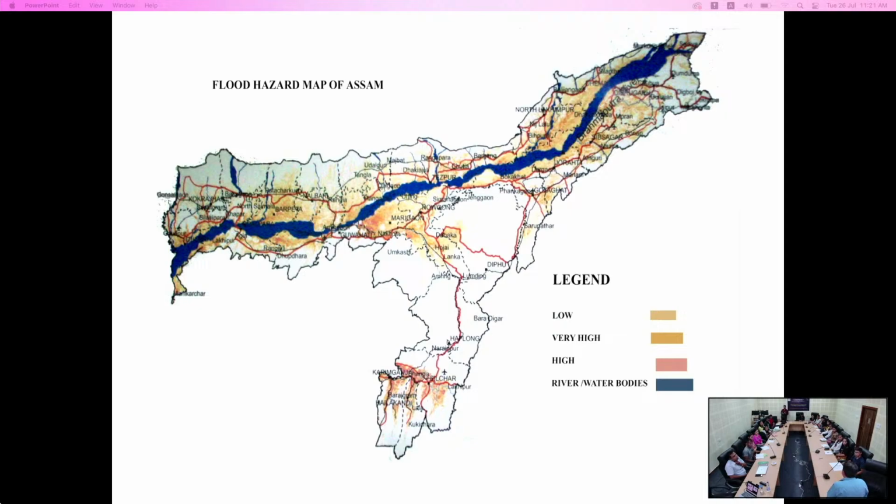In this session I will show you some maps related to representation of different kinds of disaster situations or hazard situations, where we will be using the 4 or 5 key terms that we have learned in the